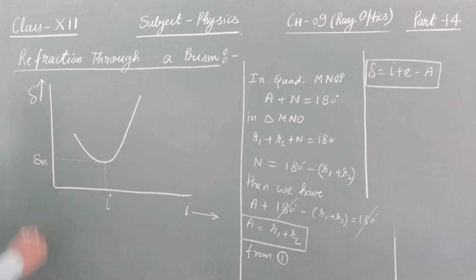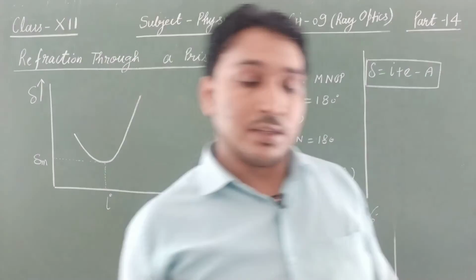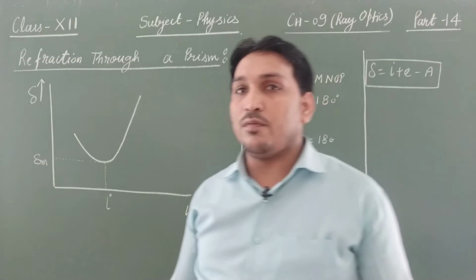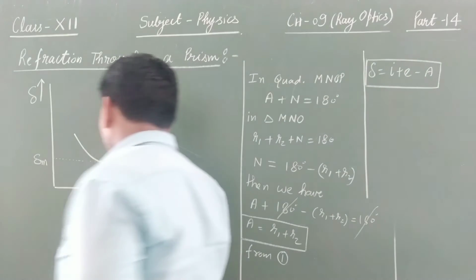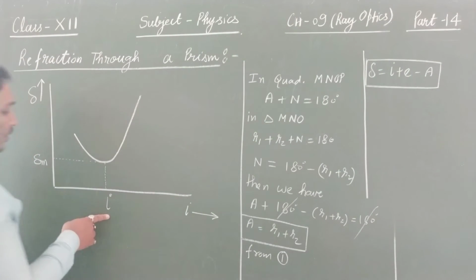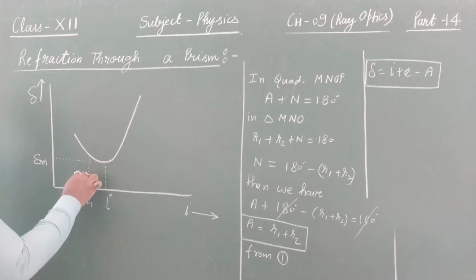Delta m is the minimum angle of deviation. This happens for a particular angle of incidence. But there are some more things which can be obtained from a graph. Just see, if we leave this value of angle of incidence, take any other value, like this one. Say this angle is I1. So for I1, whatever be the deviation,